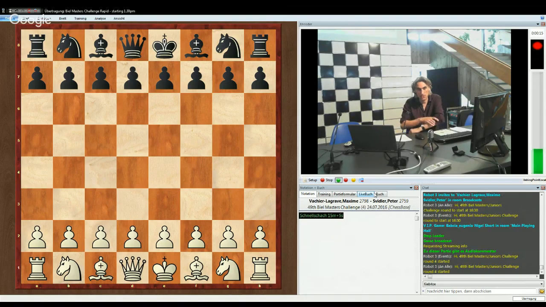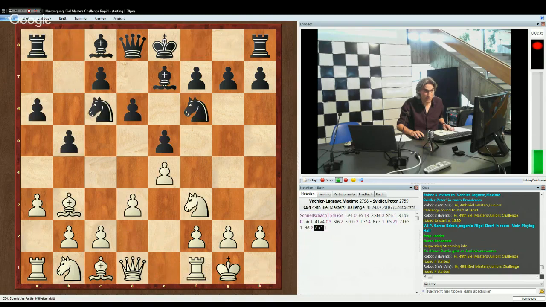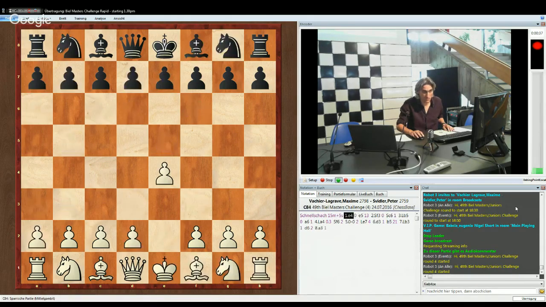Rapid chess matches, and the main event is Maxime Vachier-Lagrave against Peter Svidler. But we do have two other matches going on. So far, the action has been so fast and furious, we haven't had a chance to really switch over to the other games. But games have already started. Let's catch up with